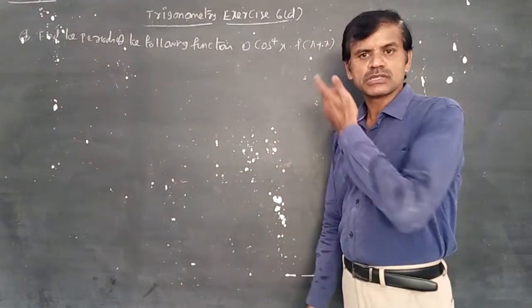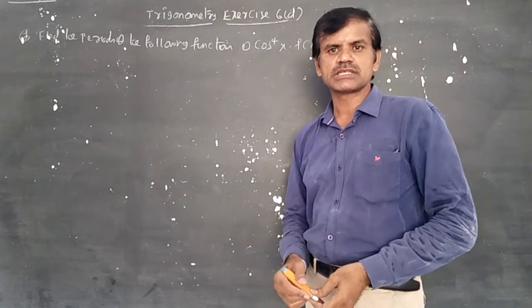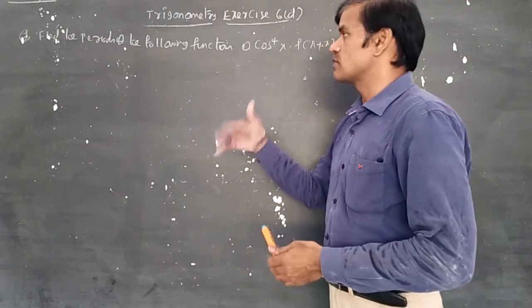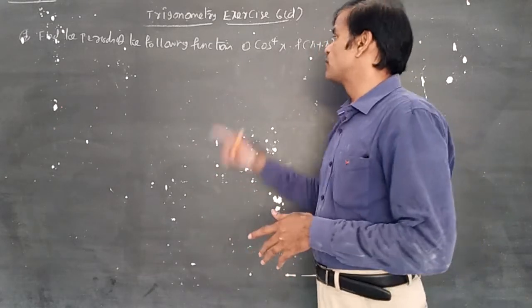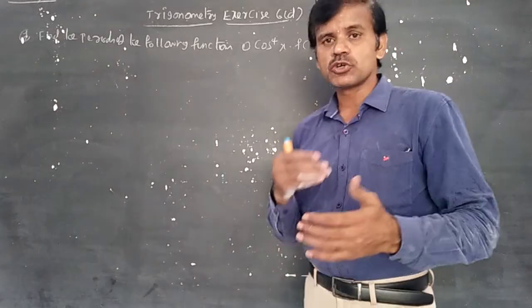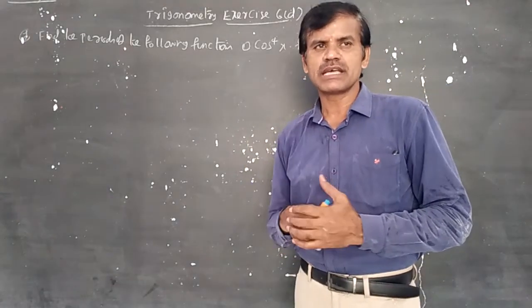We know that cos of 2 pi plus x is equal to cos x. 2 pi means 360 degrees, and 360 is nothing but 0. So cos of 0 plus x is equal to cos x. 2 pi is the period, as we have already discussed. Why should we substitute pi here, sir? I said the least positive value, and pi is less than 2 pi.